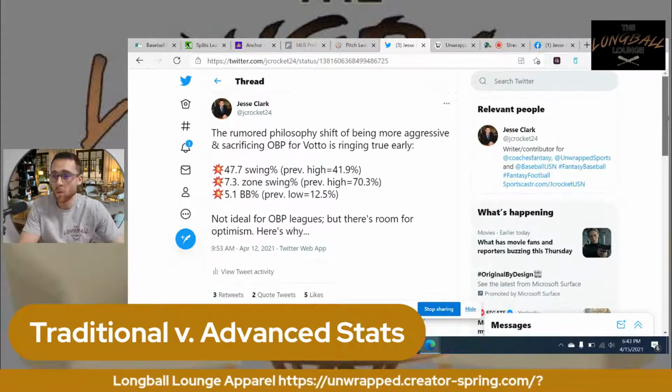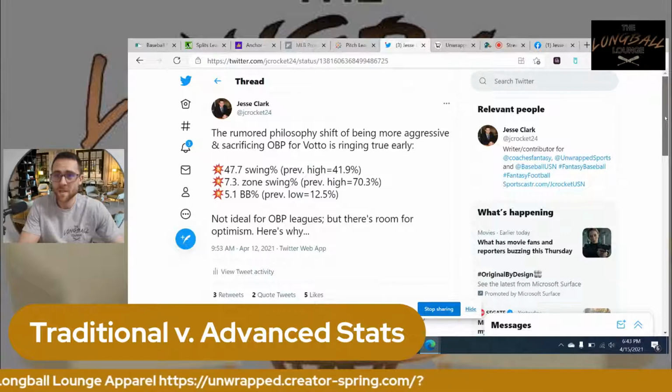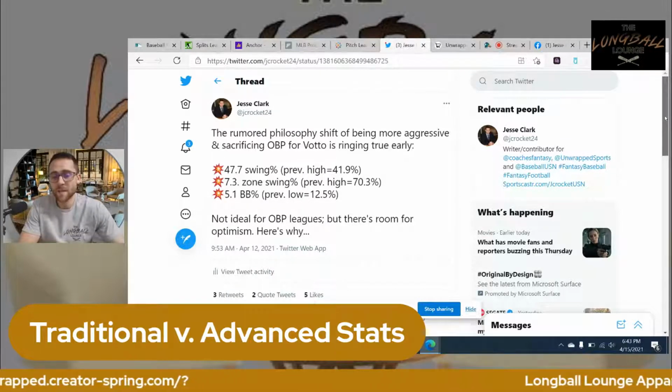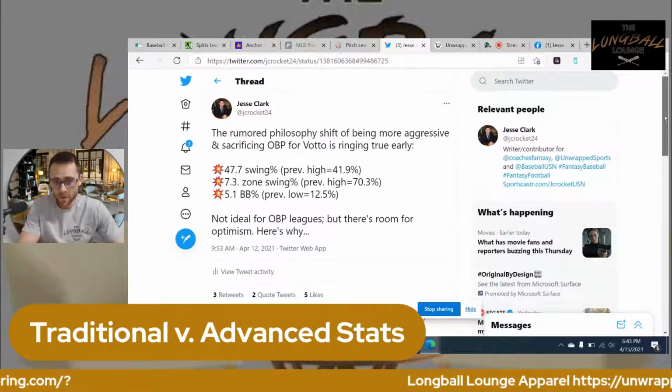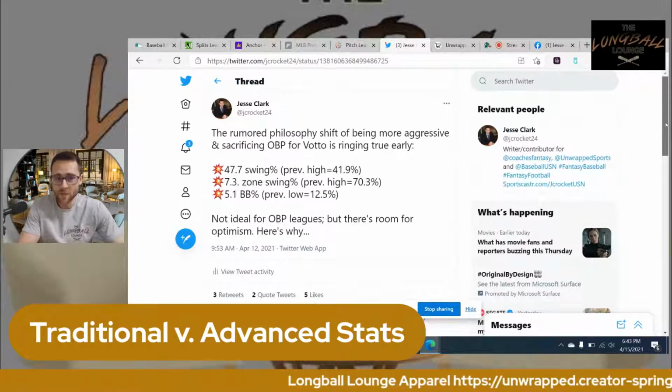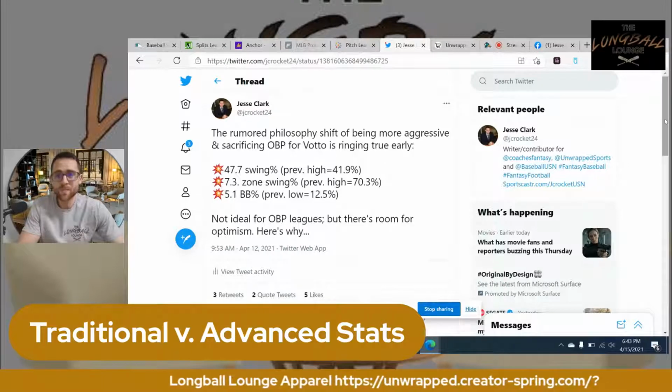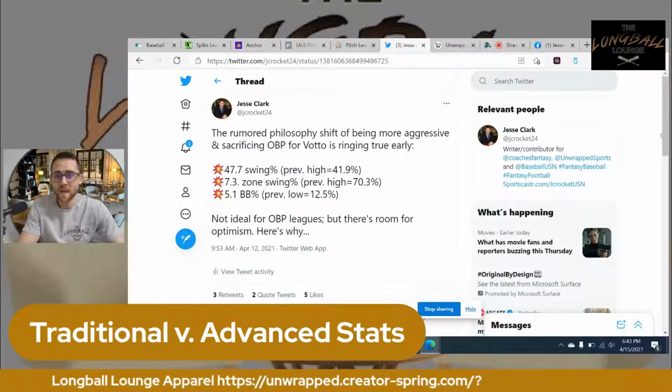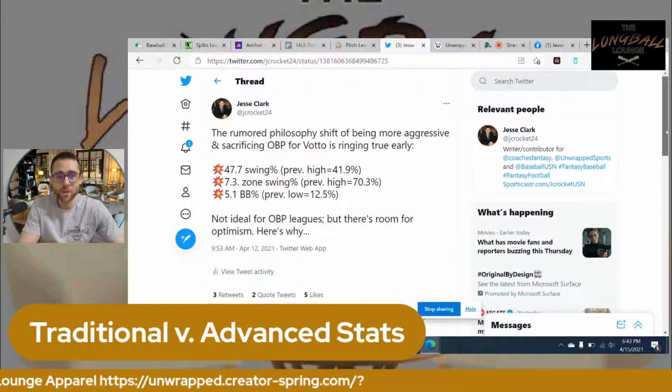So he made a switch this offseason. He mentioned, hey, I'm going to change things up a bit. I'm going to try to hit for more power. I'm going to try to do some of these things that all these guys are talking about, where you see the exit velocity, and I want to hit the ball harder and do some damage. I'm not just going up there to take a walk. So some of these underlying metrics that I looked at showed this.